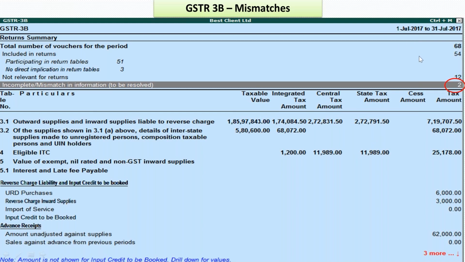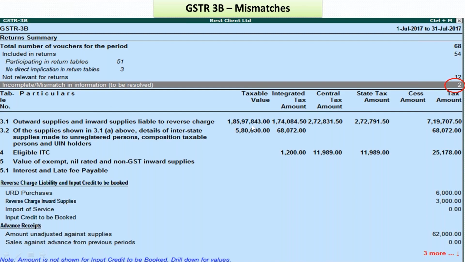So if we select GST not applicable, or if we do not define it at all, it will go and sit in my not relevant for returns. So either we have deliberately chosen it as not applicable, like the example I gave of dividend received or salaries paid, or I did not define the configurations for certain ledgers. So it will be good practice to have a look once at the transactions which are coming into not relevant for returns.